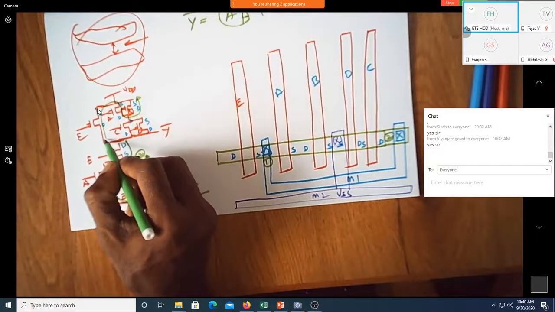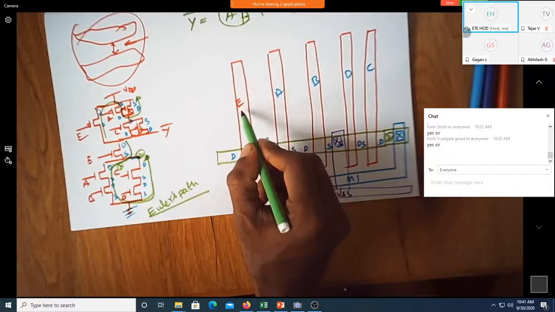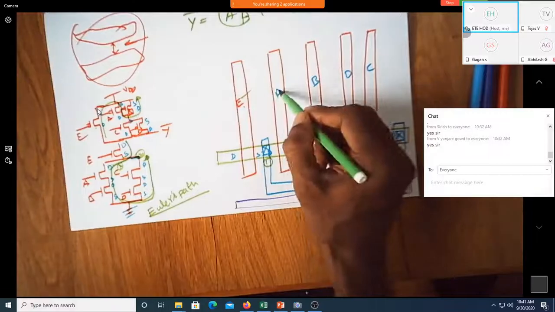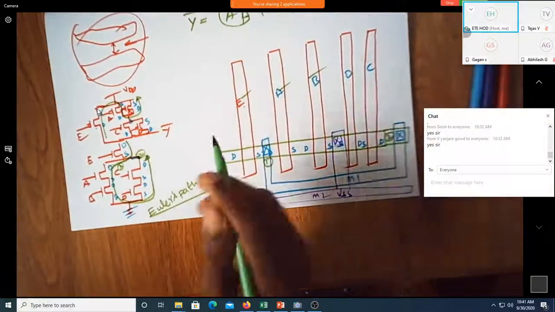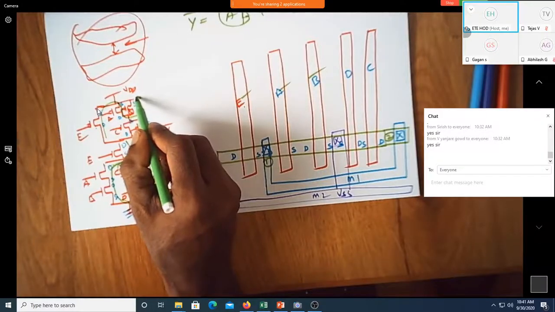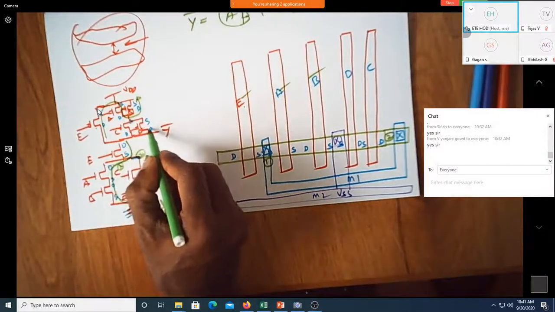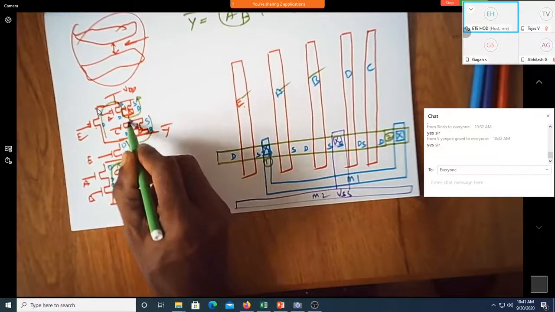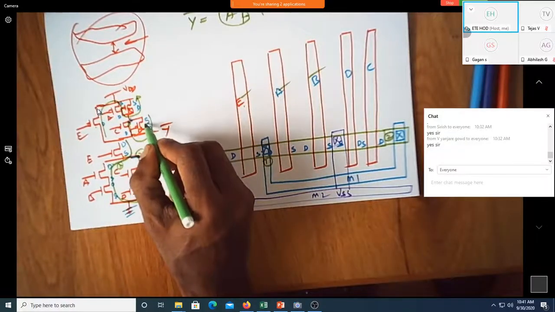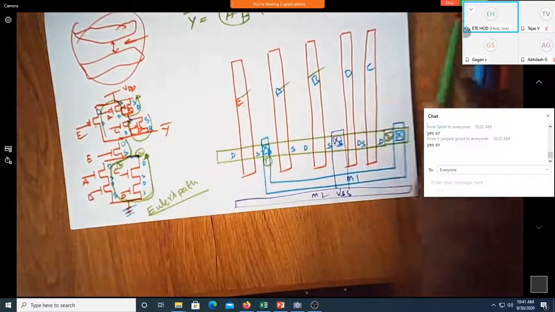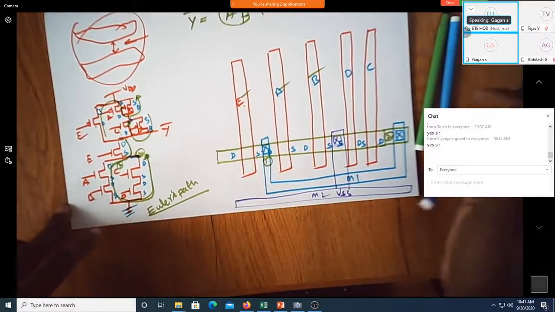So what I'll do, because I need to follow this: E is there, then A is there, then B is there. Now I'm stuck. So I need to make a break and then D and C, and then I can go from here to here or the other way also. So is it D and C now? Yes, sir. Okay, now what I'll do, I'll draw the layout for that.